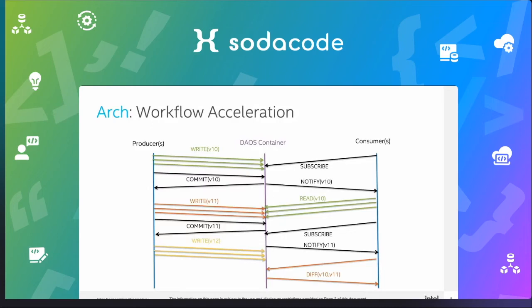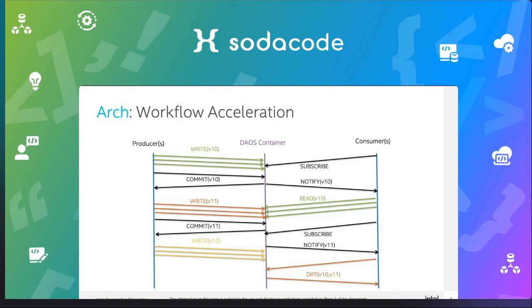container. In this example, you have a basic producer-consumer pipeline where the producer is writing new data to a container at version 10. Once the producer has written a consistent new set of data to the container, it can commit version 10, which effectively creates a new snapshot v10 of the container. The consumer, on the other hand, would like to consume the data generated by the producer and can subscribe to the next available snapshot. It is going to be notified when version 10 is available and can then read the